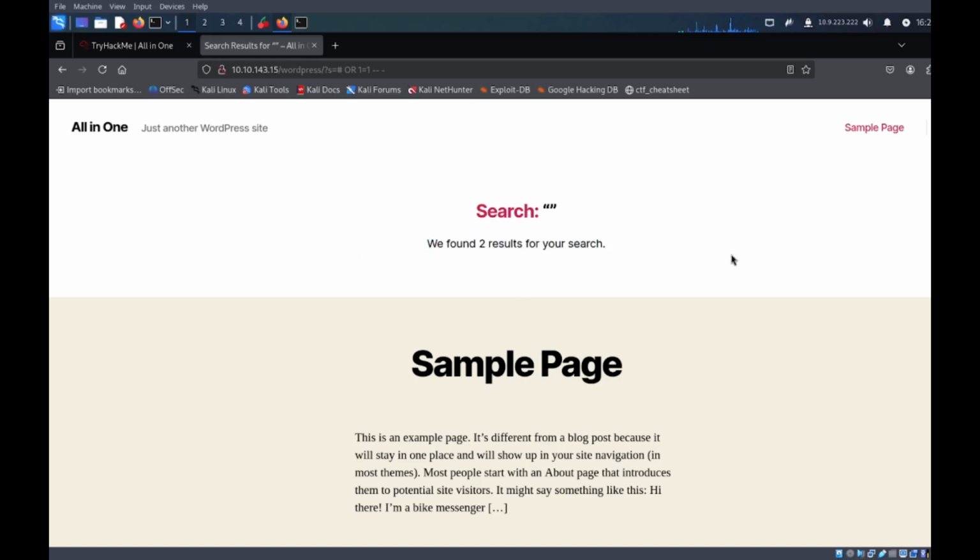We got 2 results, meaning something's happening there. I'm going to get ahead of myself. So this SQL injection will